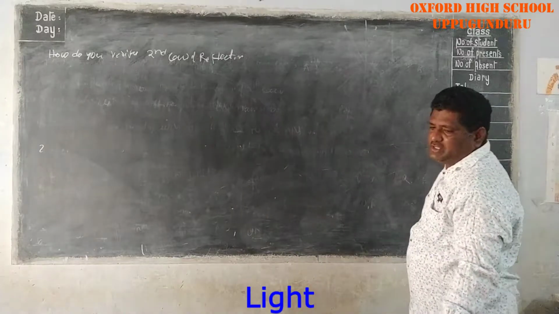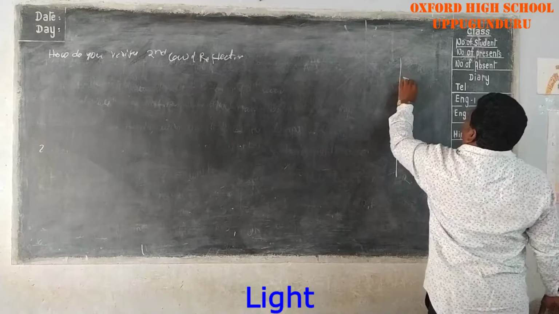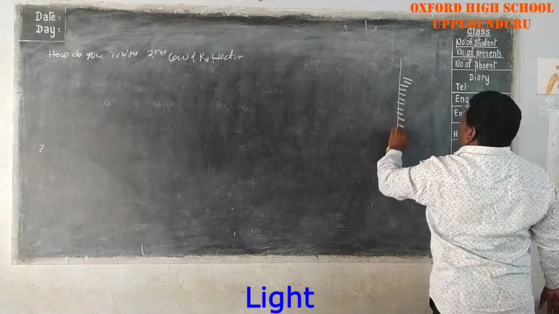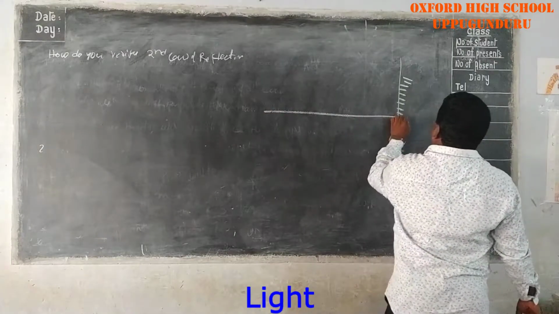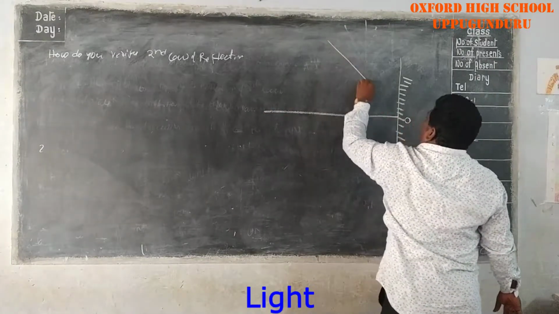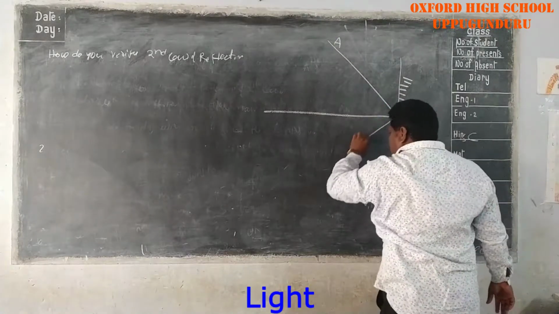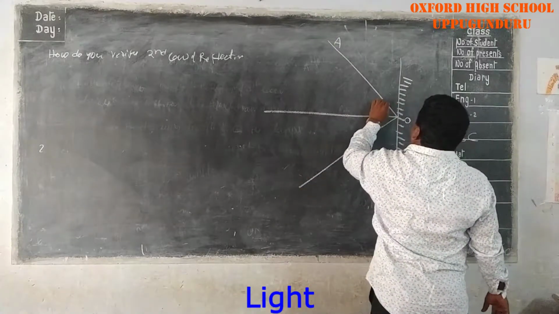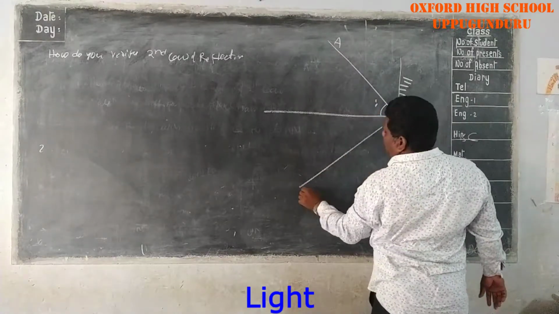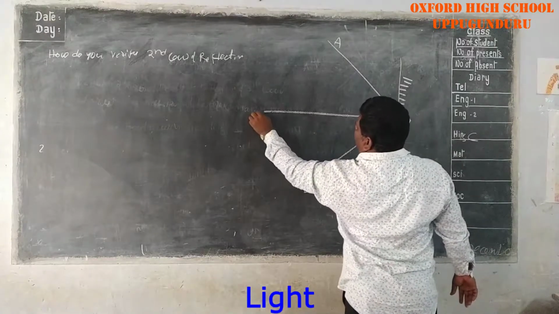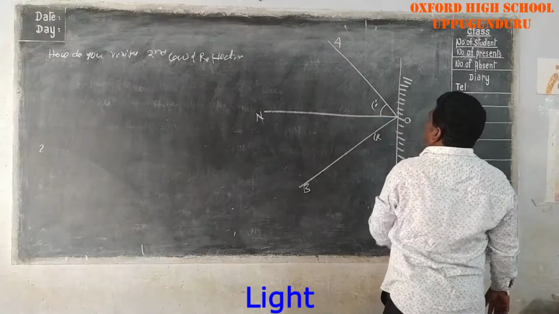First of all, we will draw a picture. It is a plane mirror. First, at the center point, draw the origin O. Here an incident ray AO is coming to the point, it is reflected, and here it is going. This is called the angle I, this is O, B, and this is N. This is called the angle R. Angle I and angle R.